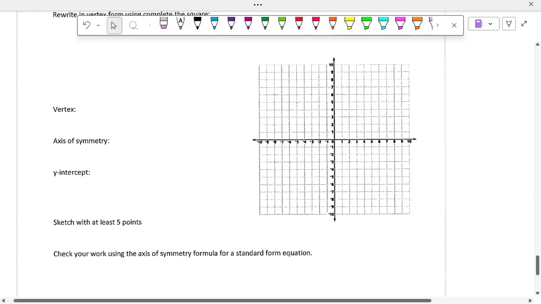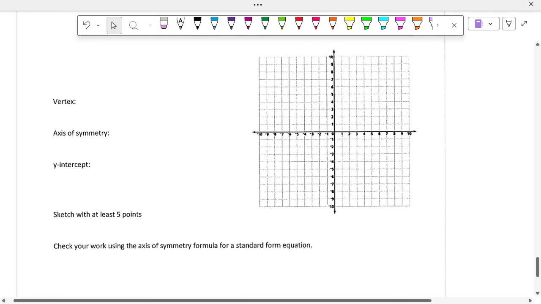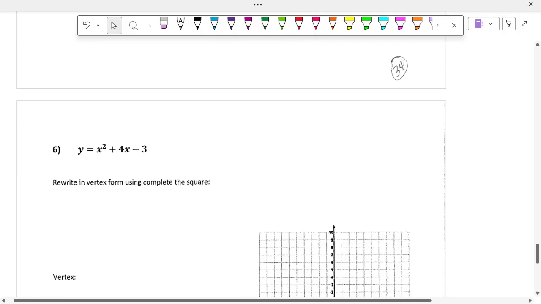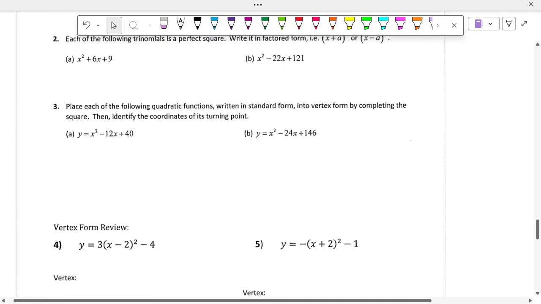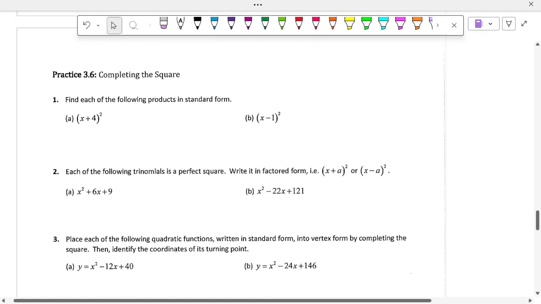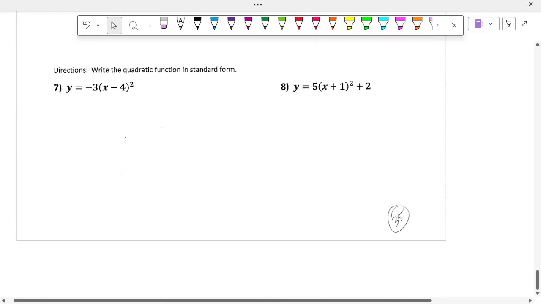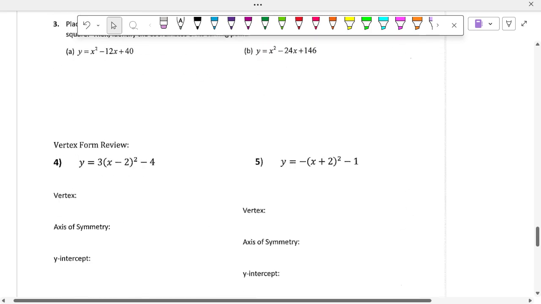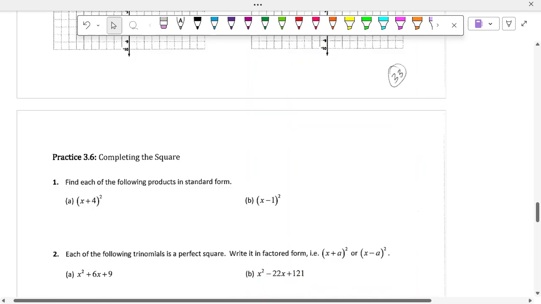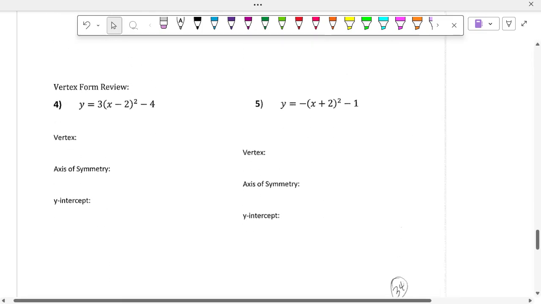But your homework for tonight will be page 34 and 35. All right, because you won't have to do any of the ones where A is greater than 1. All right, but we'll talk about A being greater than 1 tomorrow. So again, your homework for tonight is page 34 and 35 all.